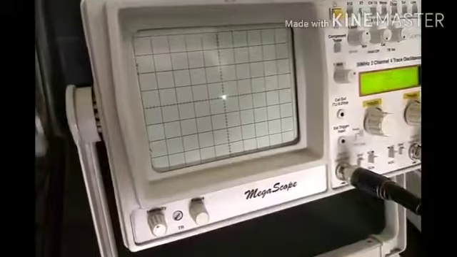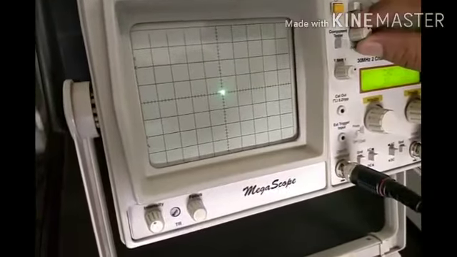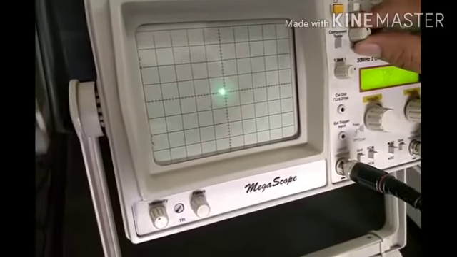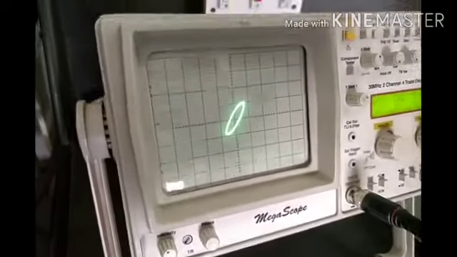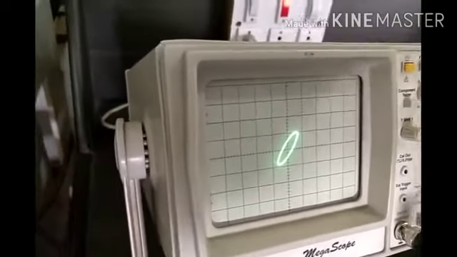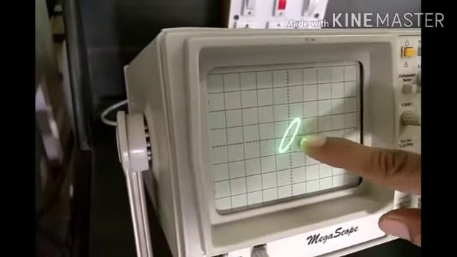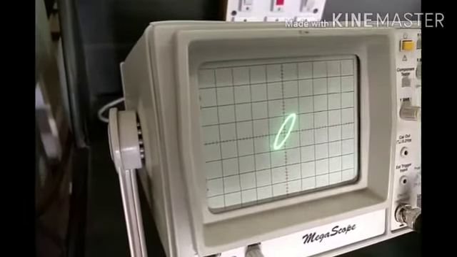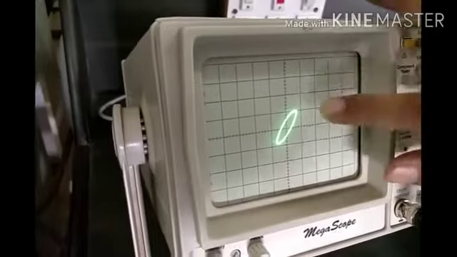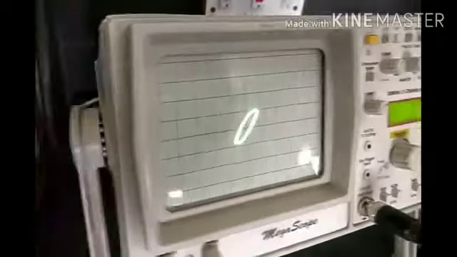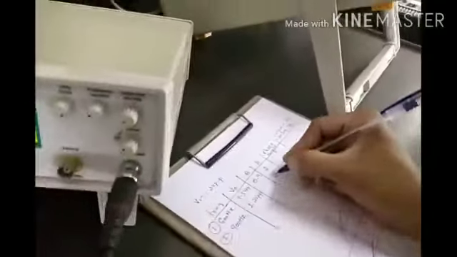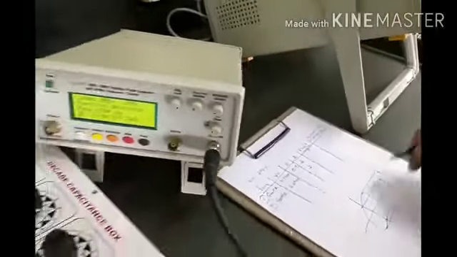So first adjust for the ground. So it is set to the ground here. Once it is set to the ground, then I make the X adjustment, release it. So it is 1. You can see here, this is 1.1, approximately you can take it as 1. So below is also 1. Okay, so 1.1, this is 1, it is approximately 2 divisions. Okay, that is the A.